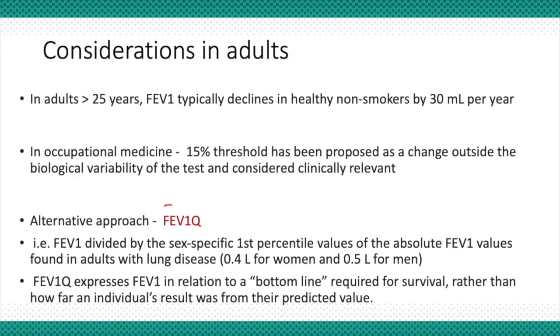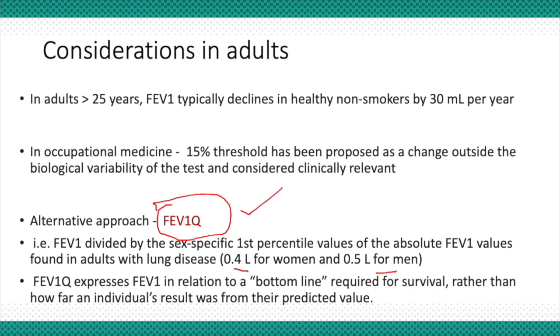For adults, FEV1Q has been proposed. You may hear more of this value. So FEV1Q again basically is an approach where we divide the FEV1 by the sex-specific first percentile value of the absolute FEV1 found in adults with lung disease. So there's this constant 0.4 liters in women and 0.5 liters in men. You consider their sex-specific percentile value and then you divide it and you get a result called FEV1Q,